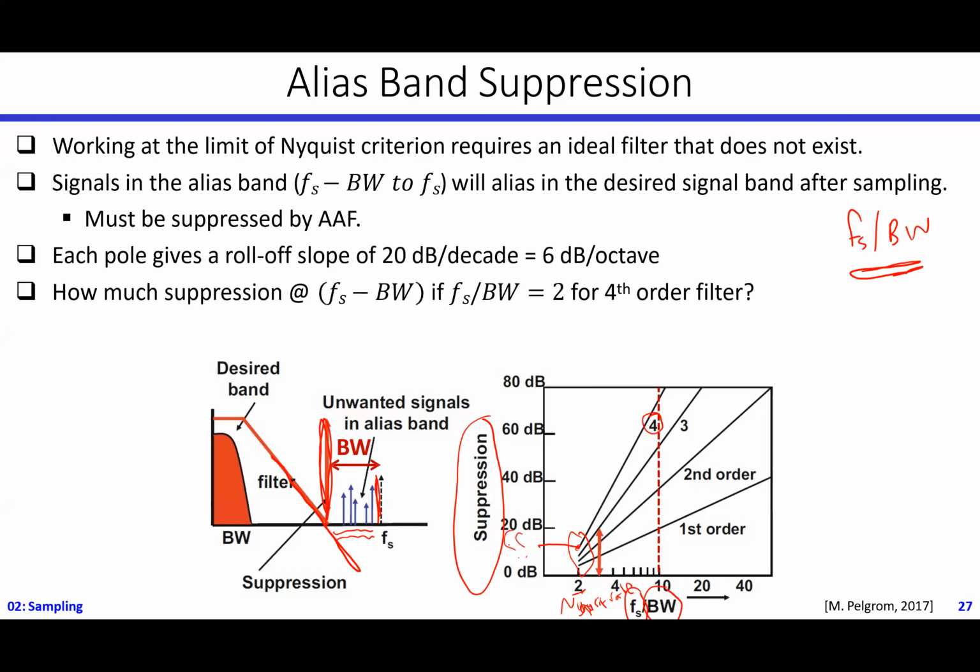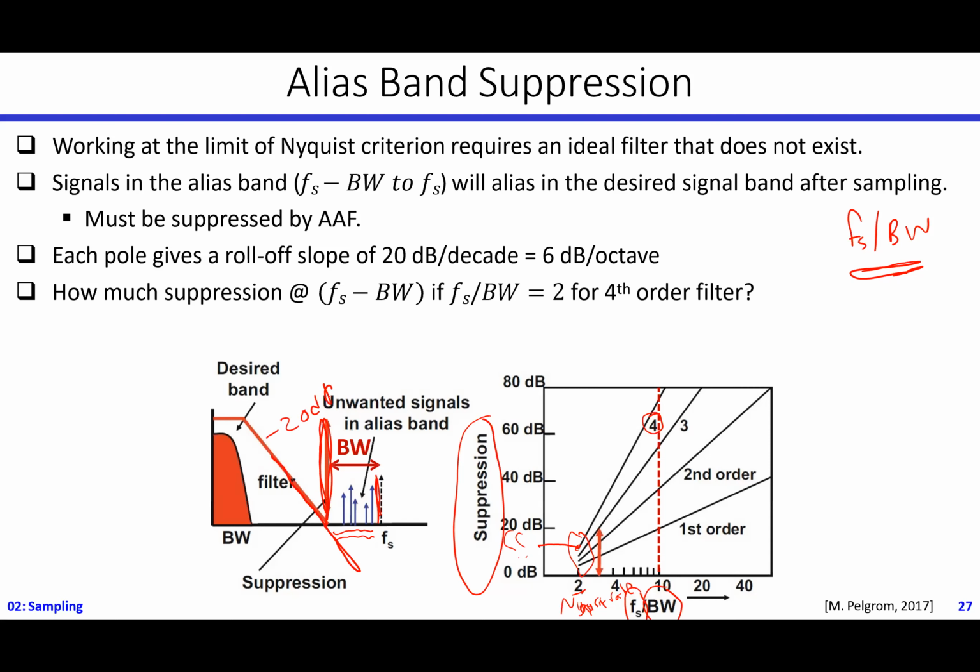Sorry for the noises. A fourth order filter: how much suppression do you expect it gives us? Any idea? Now, fourth order filter means that it has how many poles in its transfer function? 4 poles. Yes, it has 4 poles, and we know that each pole basically gives you a slope of